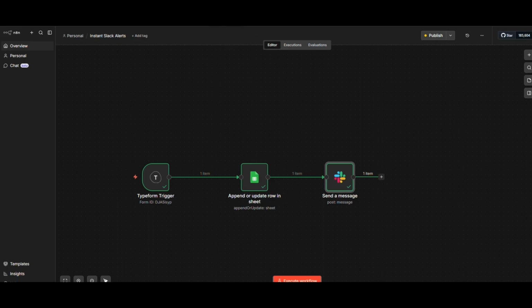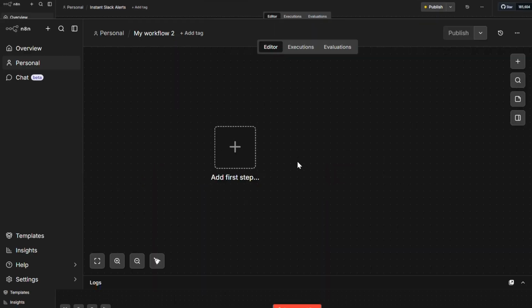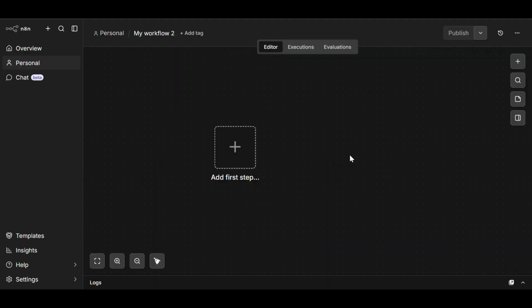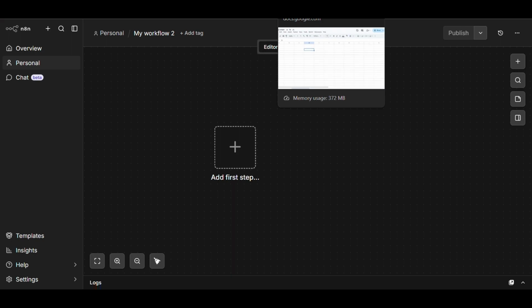So let's build. To create this workflow, we are going to use a free tool called n8n. If you don't have an account, I recommend you sign up for one. So let's dive in. First, we will set up our